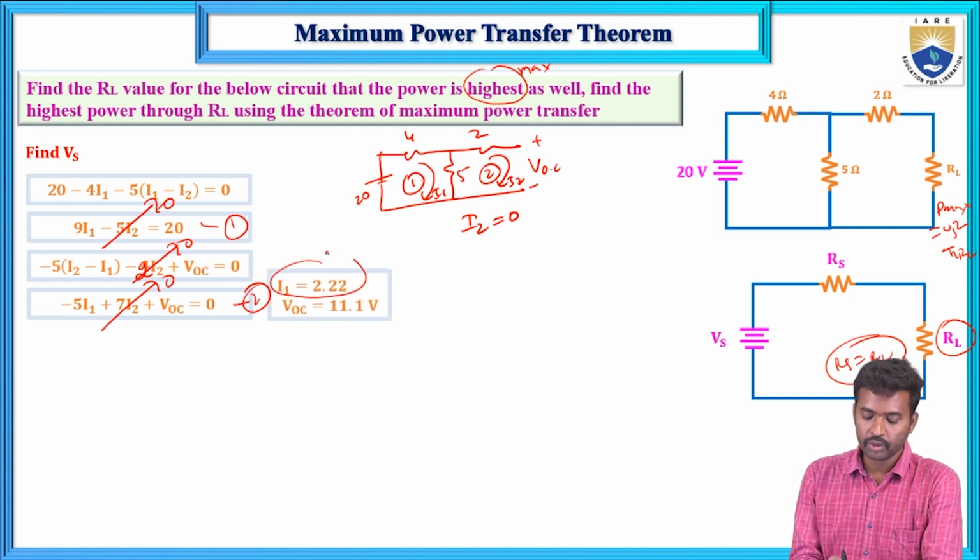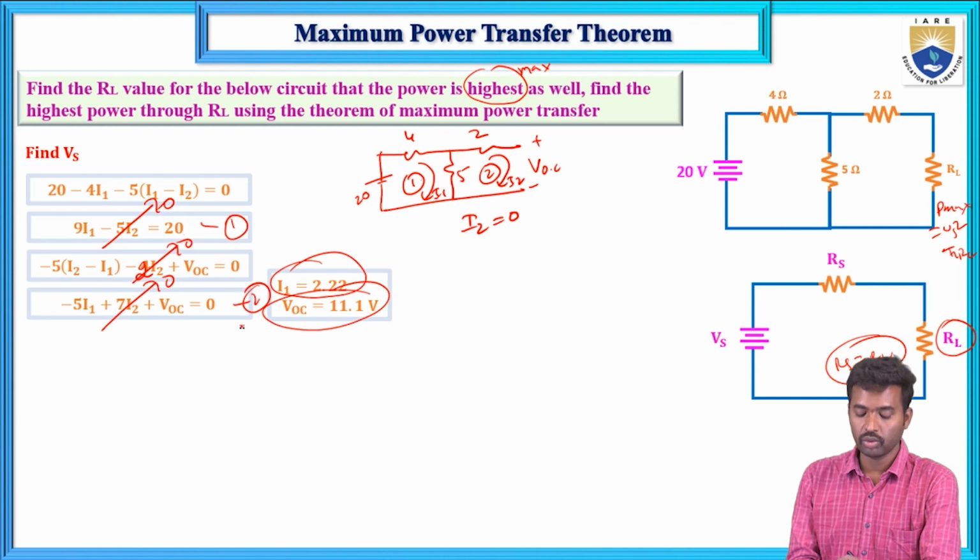I1 equals 2.22 and VOC equals 11.1. Here VOC means the Vs, so Vs equals 11.1 volts. Next,